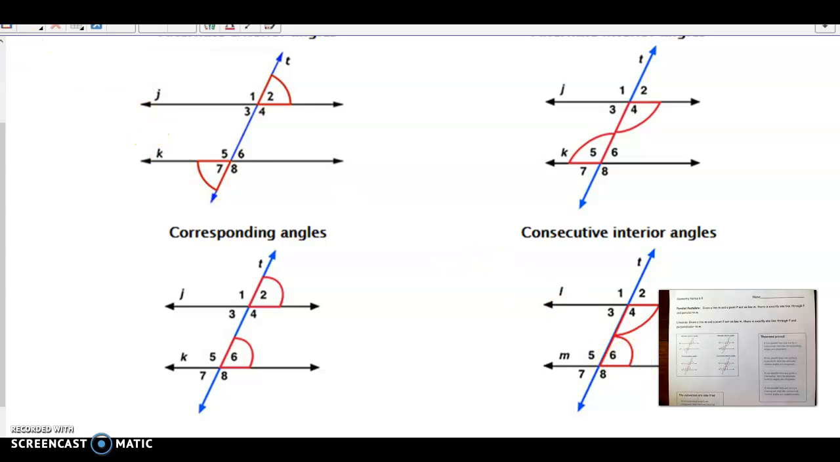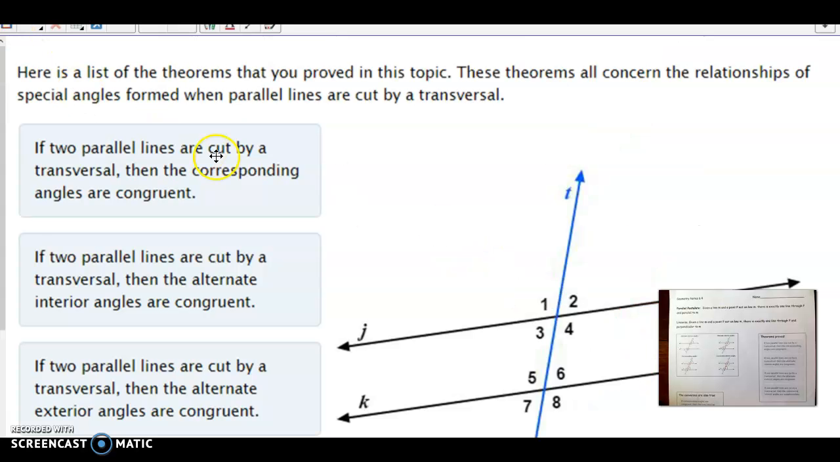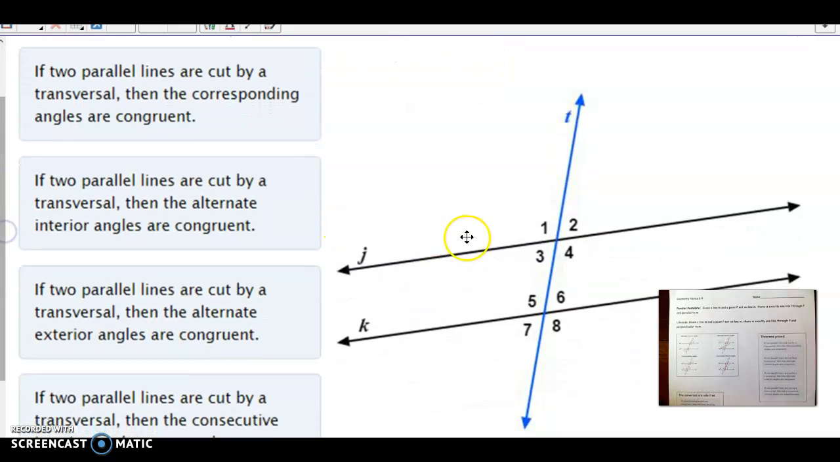Now we learned that those special angle pairs have special relationships once we know these two lines are parallel. We still have corresponding and alternate interior and alternate exterior and consecutive interior if you don't have parallel lines. It's just they wouldn't have these special relationships. So if you have parallel lines that are cut by a transversal, we learned that the corresponding angles are congruent. So in this drawing, we knew that angles 2 and 6 are congruent. 4 and 8 are congruent, 1 and 5 are congruent, and 3 and 7 are congruent, because those are all